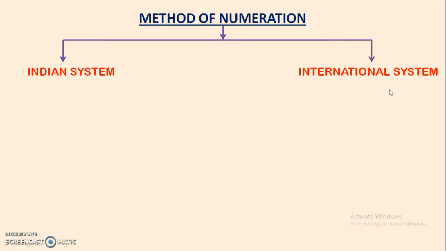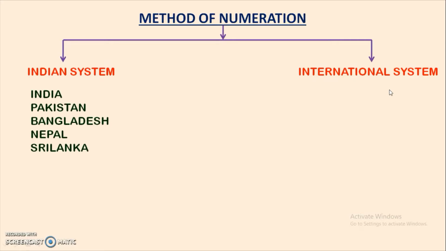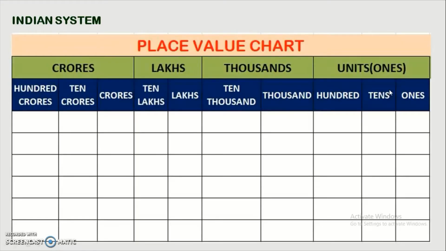The Indian system is followed by countries like India, Pakistan, Bangladesh, Nepal, Sri Lanka. And the international system is followed by most of the countries in the world, like entire Europe, North America, African countries. Mostly all these are following the international system. Now in this video we are going to discuss just the Indian system,